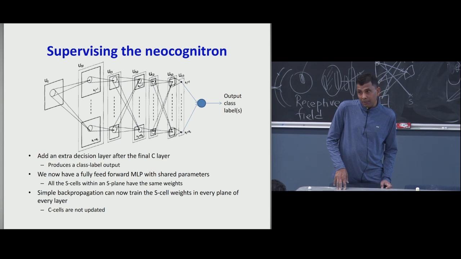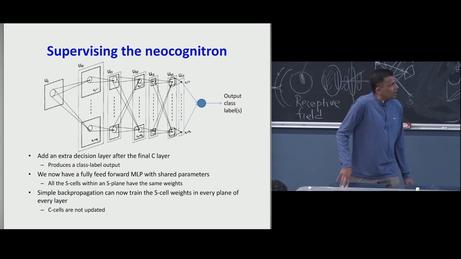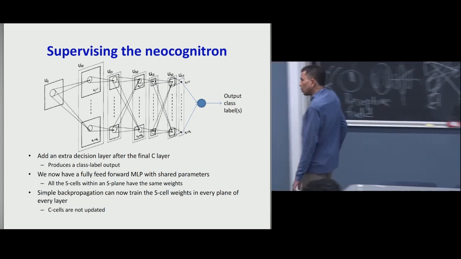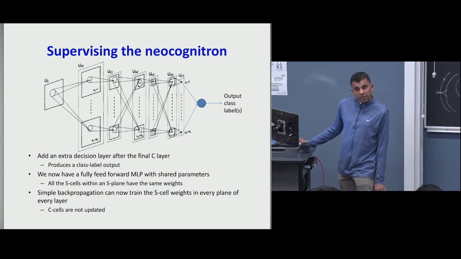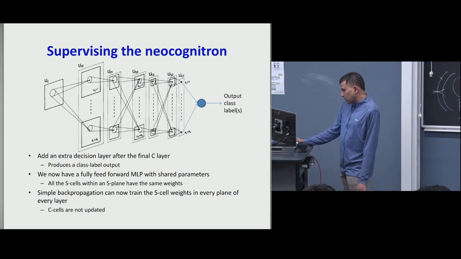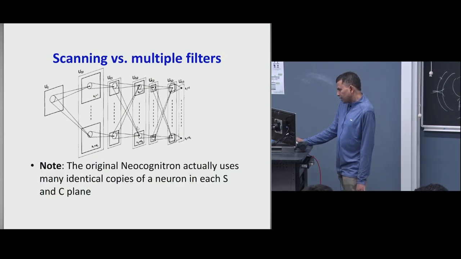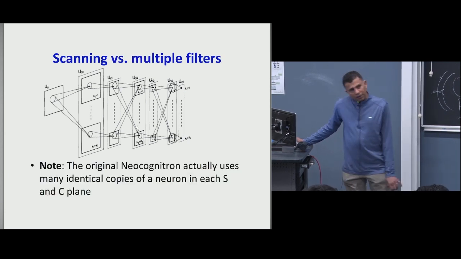And these are shared parameter networks. This is completely learnable using backpropagation. The model is well defined. Again, you only have to learn the S cell parameters, not the C cell, because the C cell is fixed. The S cell is the only one that's plastic. Now, the thing is,